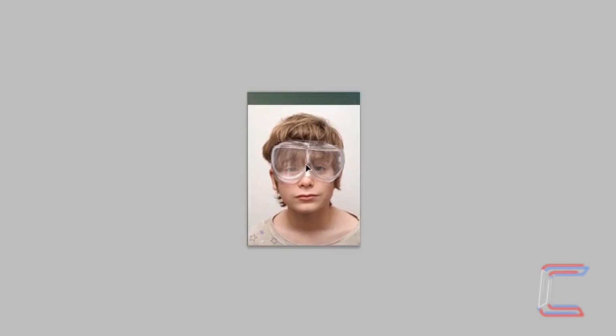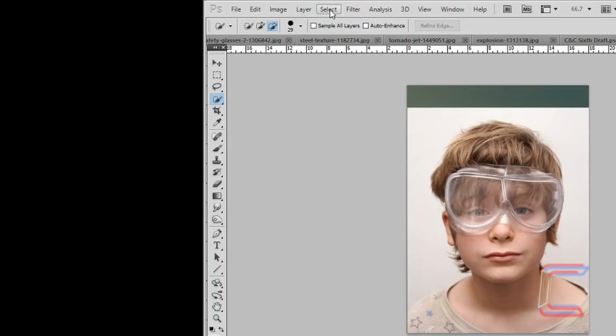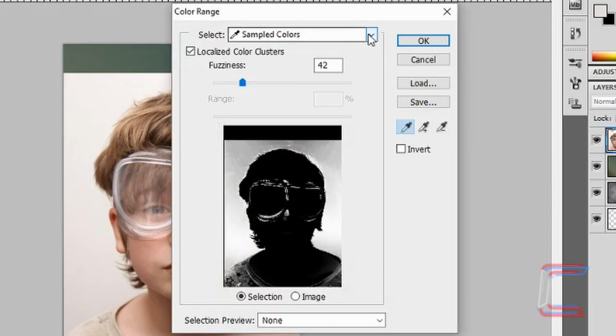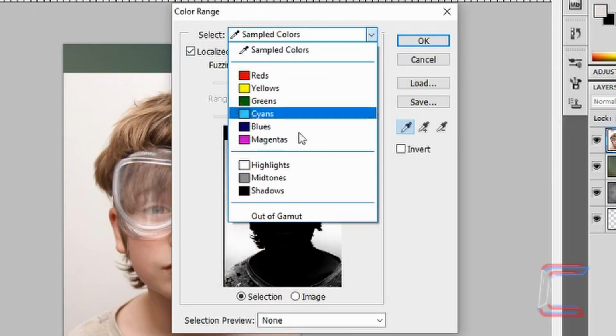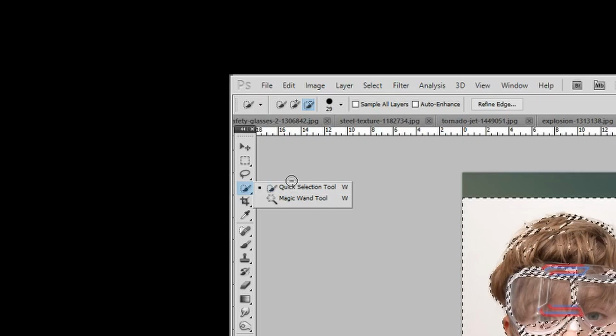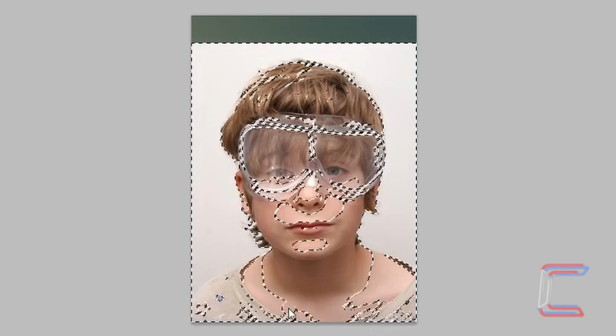Drag down slightly with the boy layer selected. Go to Select and Color Range. Go to the Sampled Colors menu and go to Highlights. Click OK. Ensure that your Quick Selection tool is selected with minus, and left click gently over the boy's body